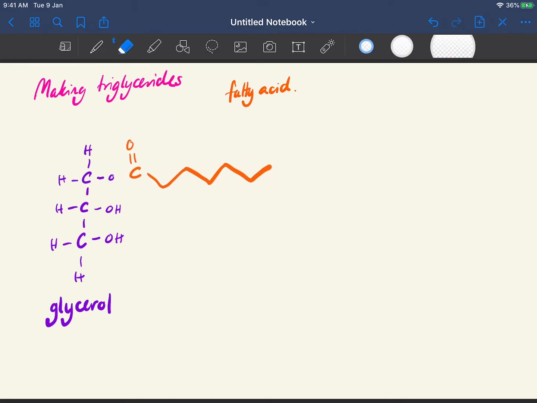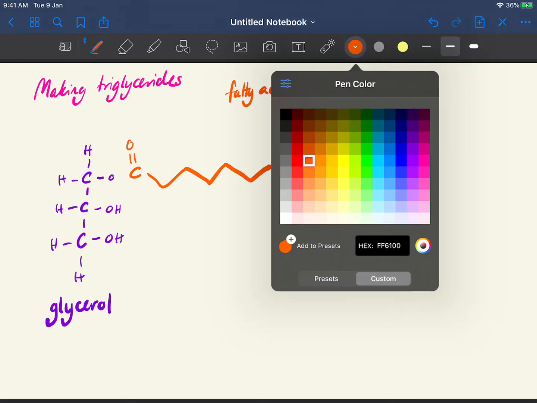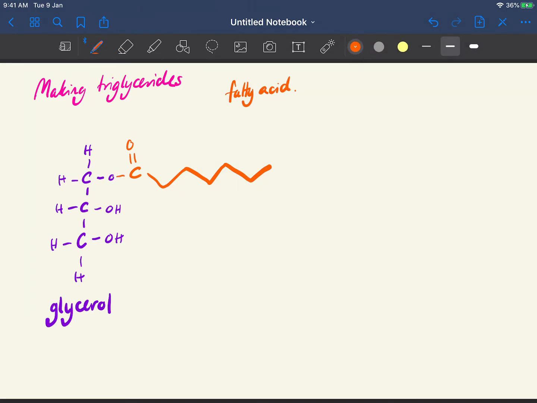Now generally we show this as a straight bond, and we now have a bond formed. So we have joined one fatty acid to our glycerol chain. Now in a triglyceride or lipids, we call this not a glycosidic bond but an ester bond. So we have just made one ester bond, and you can also see that we have also created water from it. So if we were to repeat that process,